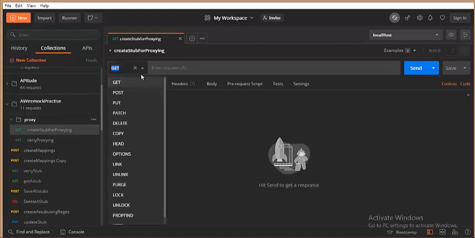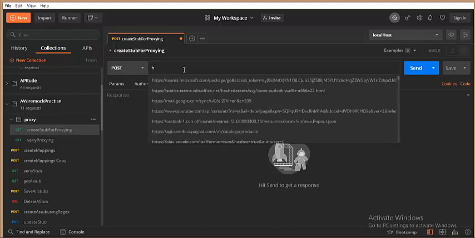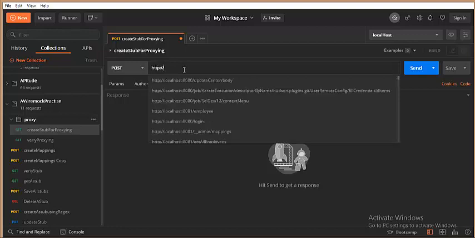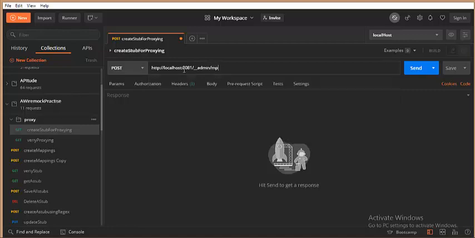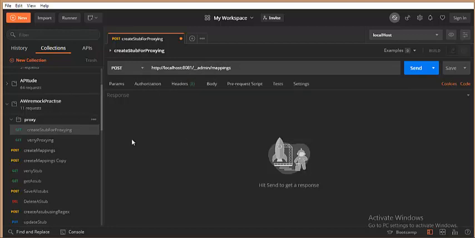You know that in order to create a stub, we need to perform a post call to an endpoint, which is http://localhost:8081, because that is where I'm running my WireMock, /__admin/mappings. This is the endpoint that you should invoke, and the HTTP method would be post.